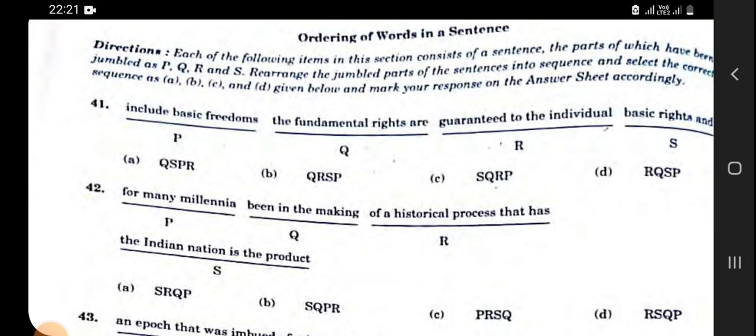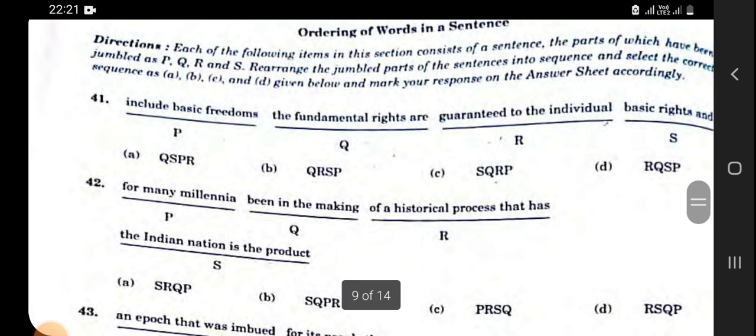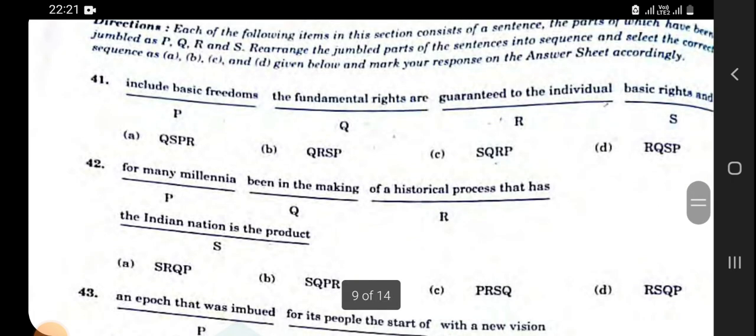Include basic freedoms. The fundamental rights are guaranteed to the individual. Basic rights, and the rest part is not clearly visible to us. So the answer will be: the fundamental rights are basic rights, and the next part which is not clear, include basic freedom, guaranteed to the individual. The answer will be A,